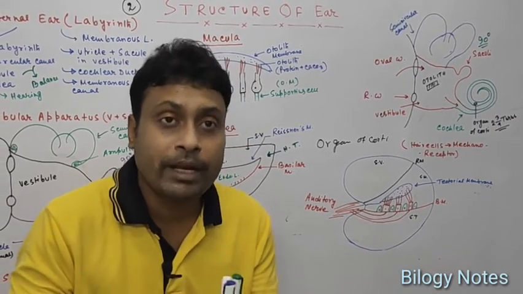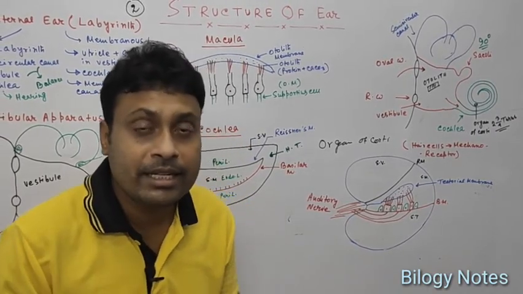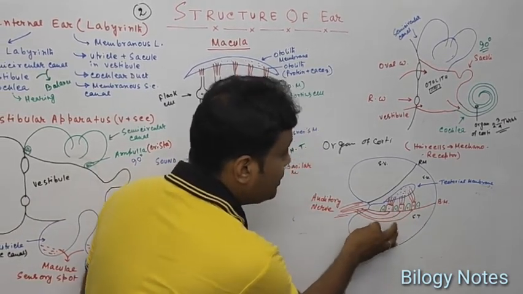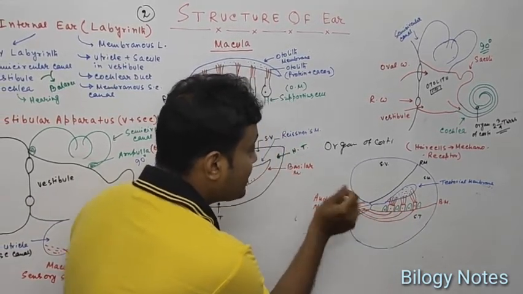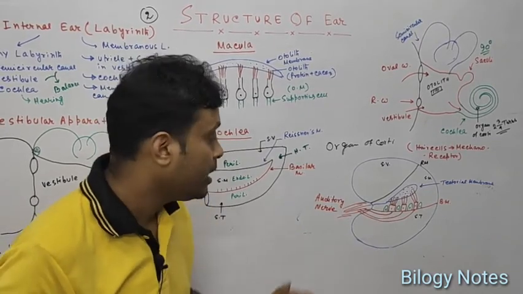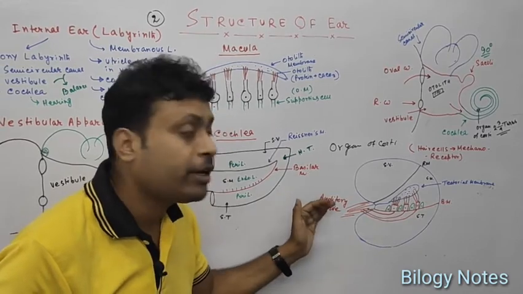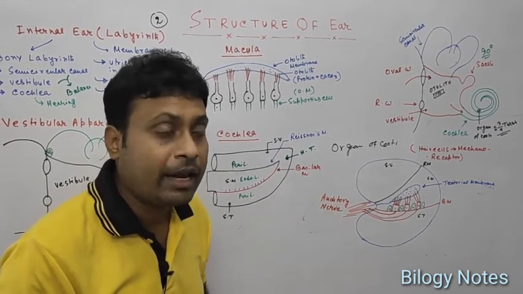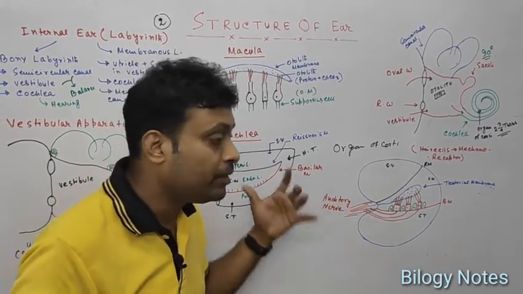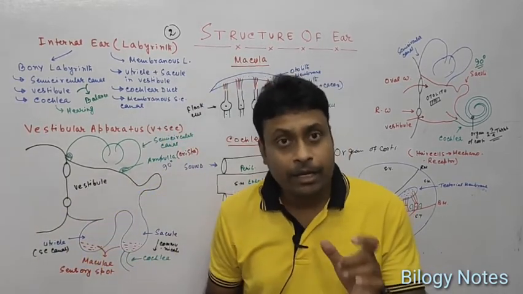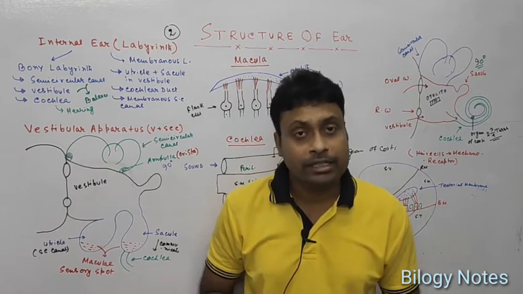and this movement or disturbance of the sensory hair cells creates the receptor potential, which is transmitted through this nerve, and this creates the action potential in the auditory nerve. This information is then conveyed to our brain, and we can detect different sounds in our brain. These are the main structures and a very brief function of our internal ear.